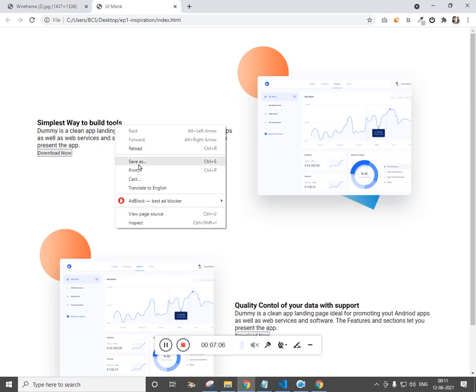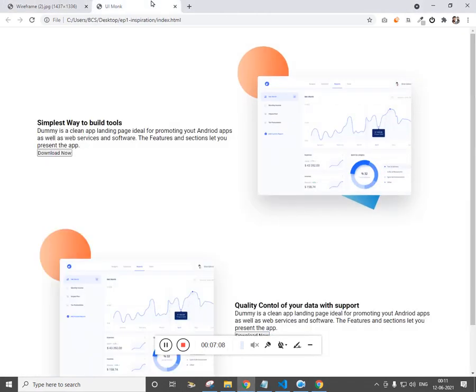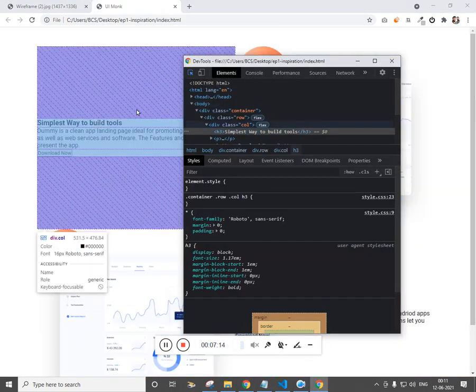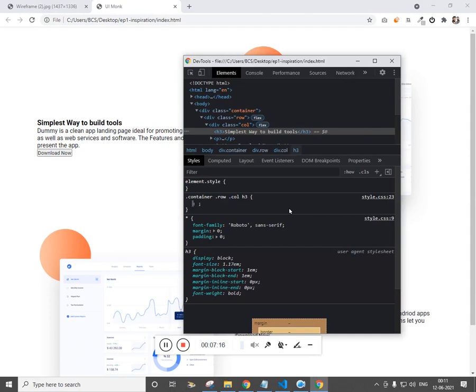Now we need to increase the font size for the h3. We need to increase it in such a way that the 2 comes in the next line.